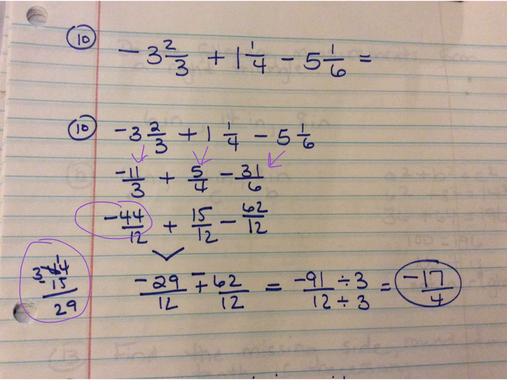I brought down minus 62/12. So this was a minus, and I changed it to add the opposite. That's why you see a negative here. Negative 29 plus negative 62, they're all negative, so I added them together and got negative 91/12. This one's kind of tricky. You may not realize it,